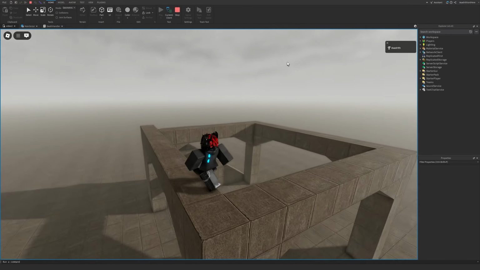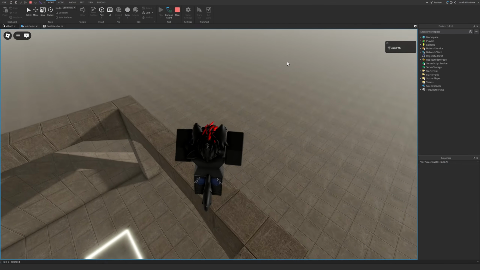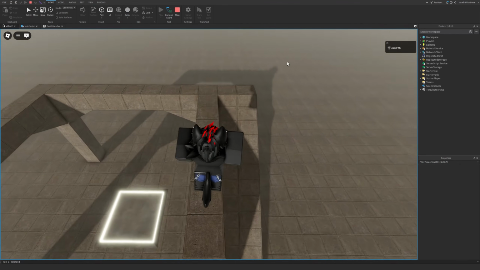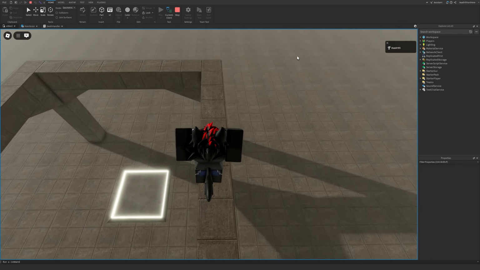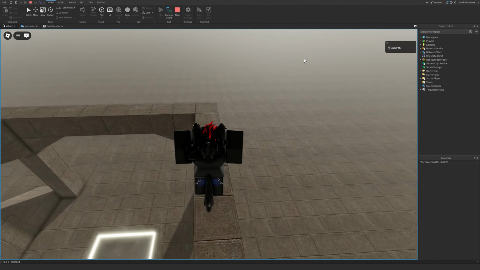So that was my tutorial on how to make a death screen in Roblox Studio with a little bit of animation inside of it. It looks a little bit nicer, so hope you enjoyed the video,